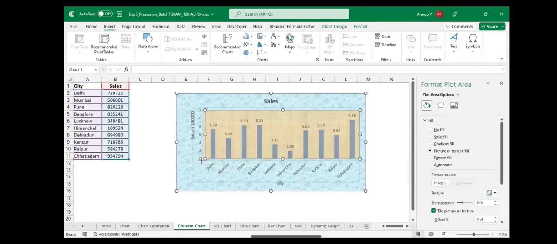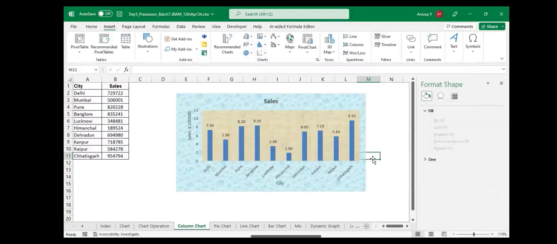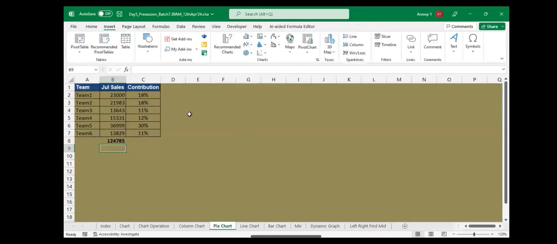So now the graph is perfectly fine and it is telling me all the things over here. Now, the same kind of formatting you have to perform in each and every graph. By doing the right click, you will get all the options related to the graph. Now, if I ask you to create the pie chart, first of all, always remember